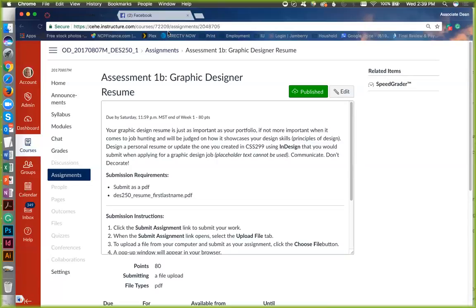Communicating messages by using typography, color, logo design, layout, principles of design, okay? So don't just put elements on your resume because you simply feel like they look good.